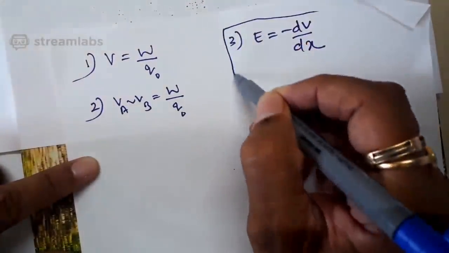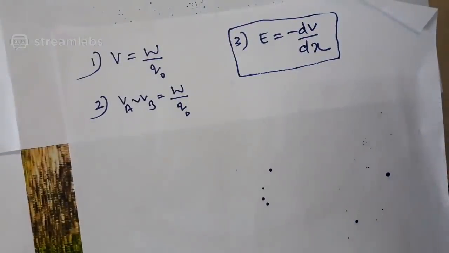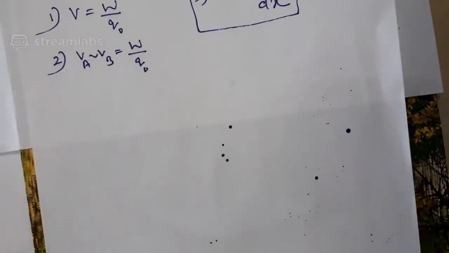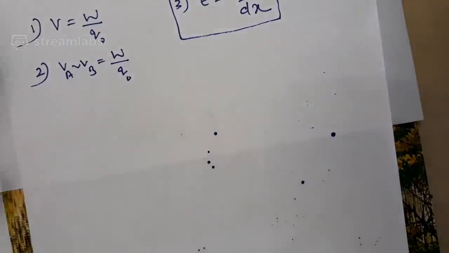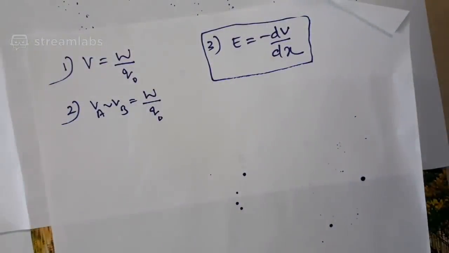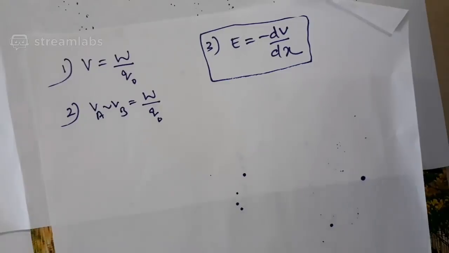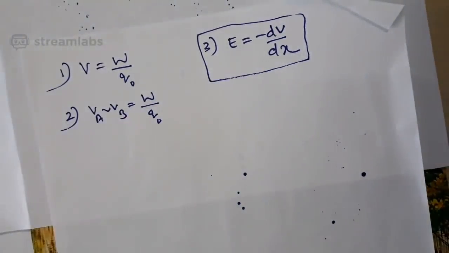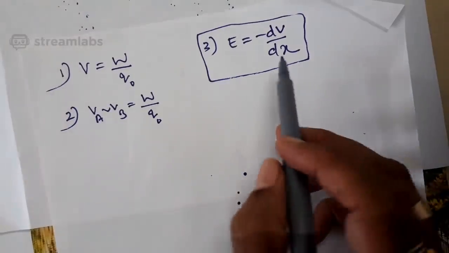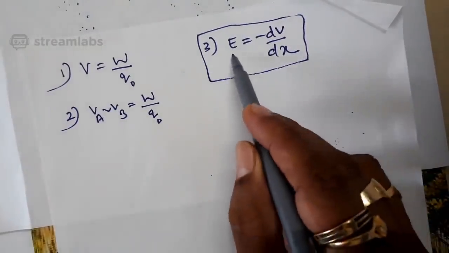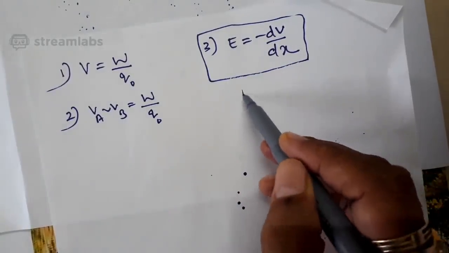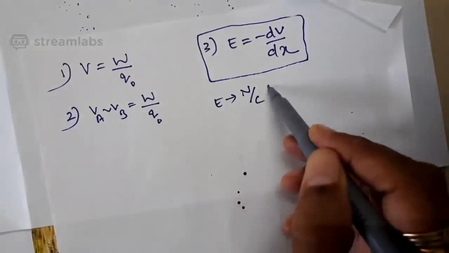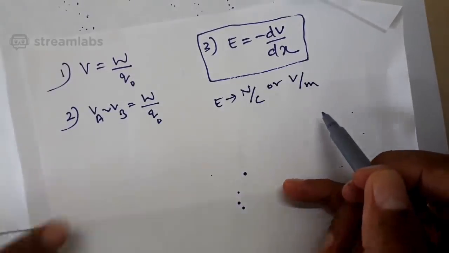This was the last derivation we have derived, the relation between electric intensity and potential, and I said this equation has a limitation that it is applicable only for a uniform electric field. Of course, you can apply it for a non-uniform electric field also, but on the condition that in that non-uniform electric field you select a small region where the electric field is uniform. In that case, this formula can be applicable. And I also told you the concluding points, like the significance of the negative sign, and that the unit of E from this equation can be volt per meter. One of the units of electric intensity was Newton per coulomb, and now according to this formula it is clear that it can be volt per meter.